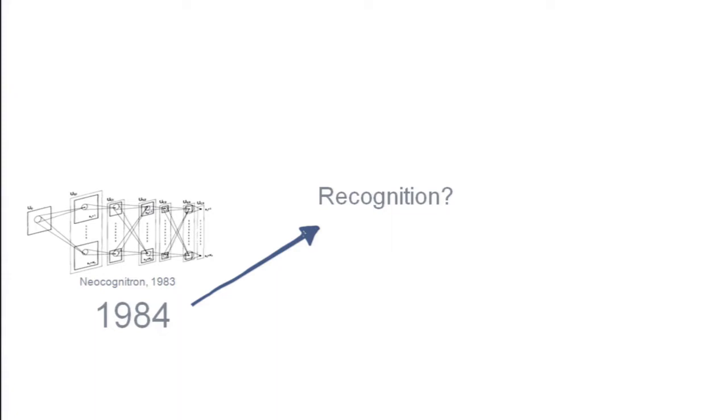So imagine that you could go back to 1984, and you find yourself a graduate student, and you said, here, read this paper. It's got a really cool title. It's called Neocognitron. And if you want to solve recognition, all you need to do is 3 things. You need to figure out how to learn weights, you need to collect a huge amount of data, and you need to find a really fast computer. And you would solve recognition.